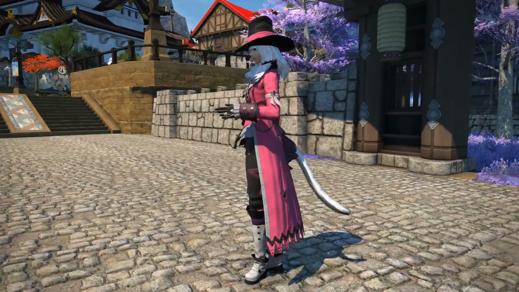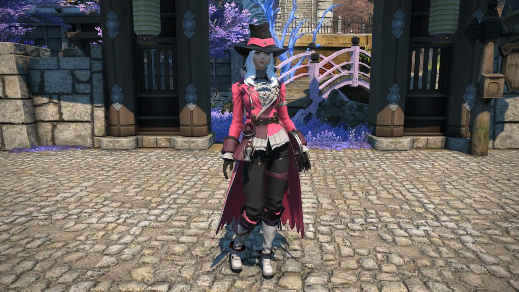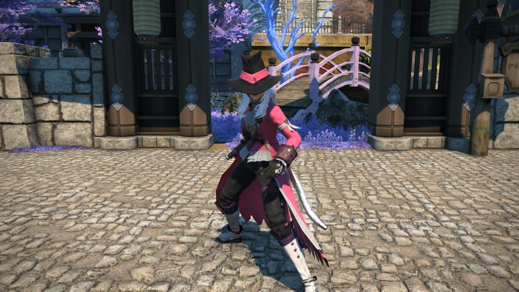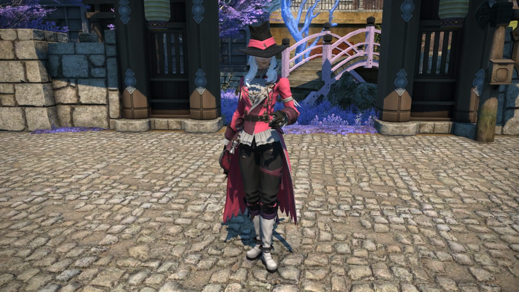The first stage of the new Disciple of Hand and Land relics, the Skysteel tools, in the bag. They're not particularly hard, there's a bit of grinding unless you want to throw gil at it, and honestly it was fairly simple. So I'm looking forward to what happens in the future. I'll do videos in the future on those steps as they get released in those patches, but for now,